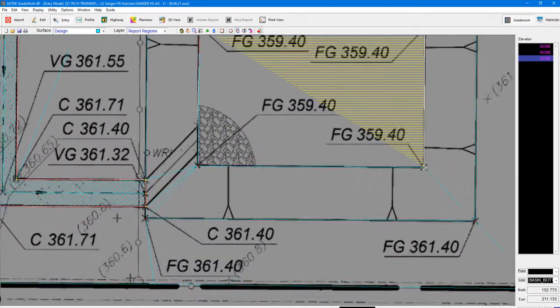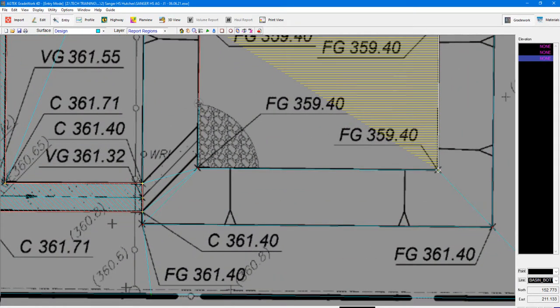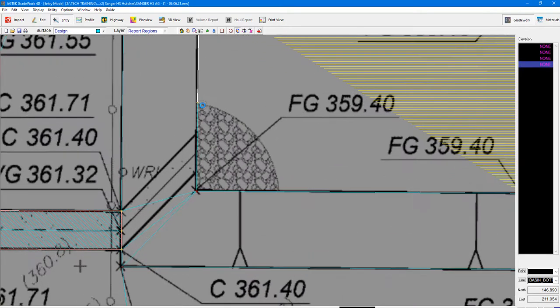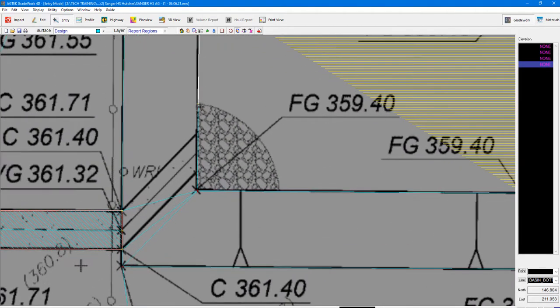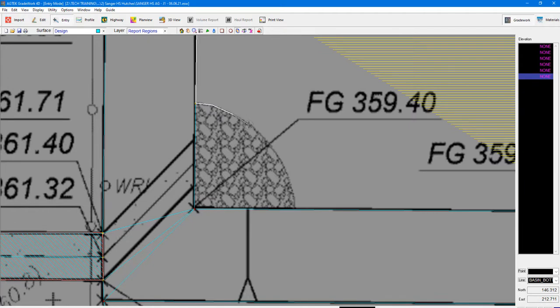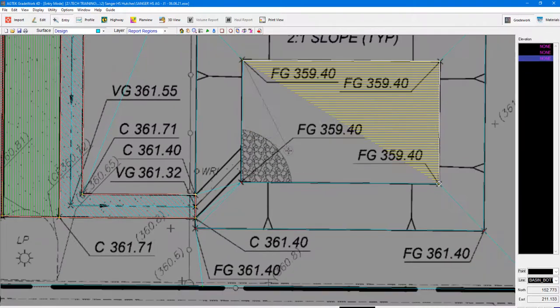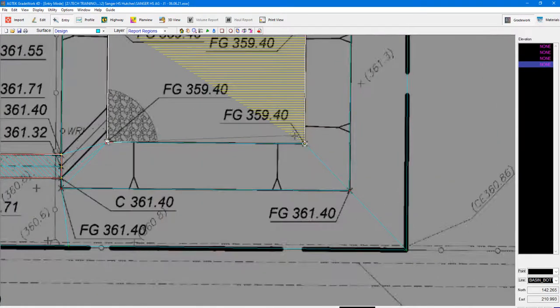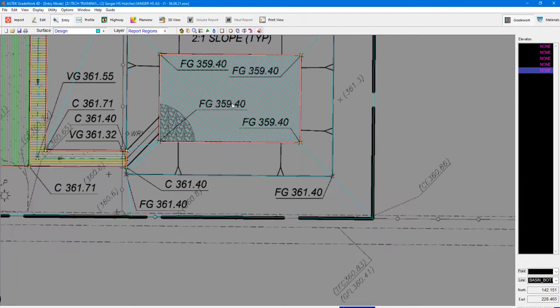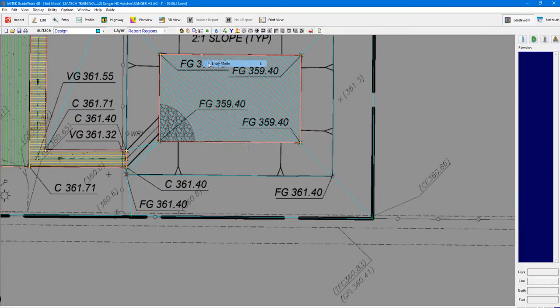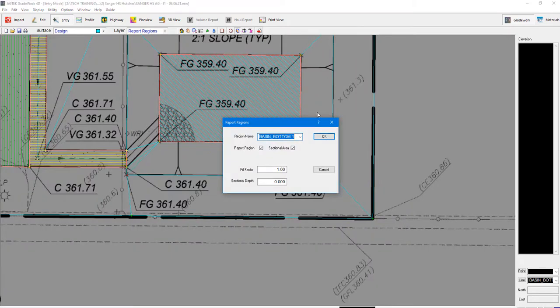Now, as you could tell, there is some riprap in here. So we could F6 and add a point right here and start going around the riprap, but the program actually does okay with putting a region within a region. So what I'm going to do is just encompass the whole basin bottom in this one region, and then I can go back in and in entry mode start a new region. In this region I'm going to capture the riprap that we have right here, and the plans did not give us the thickness of that riprap, so